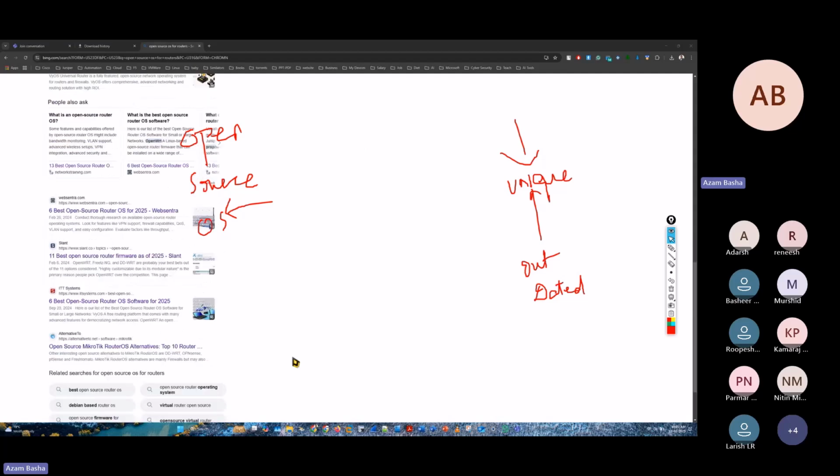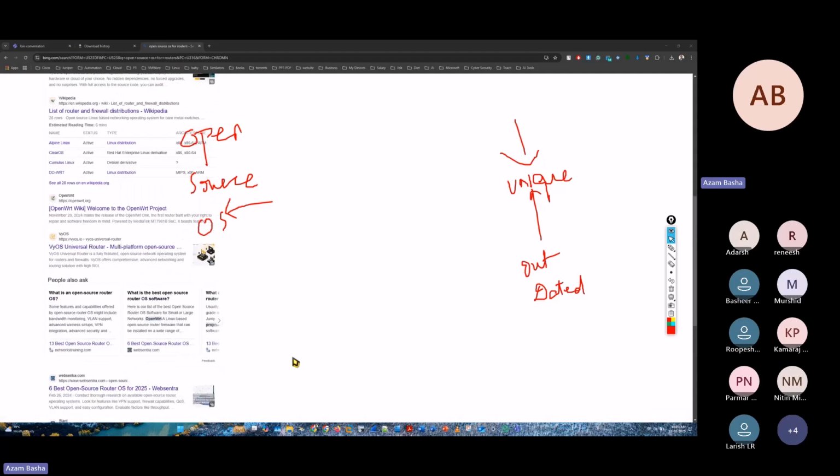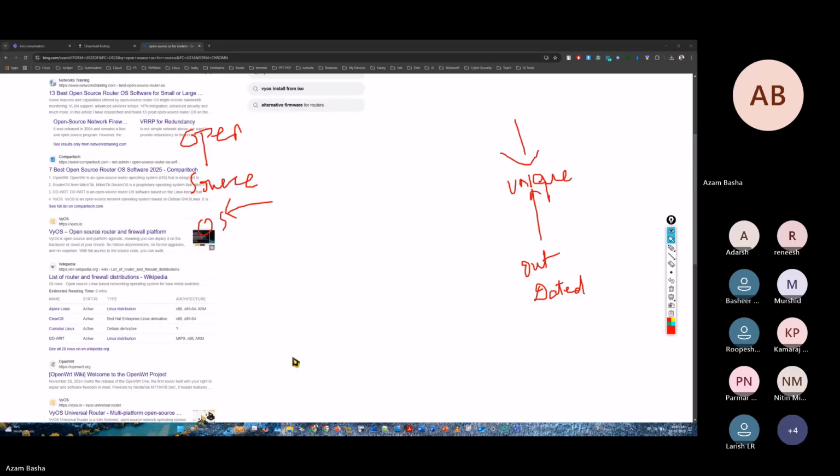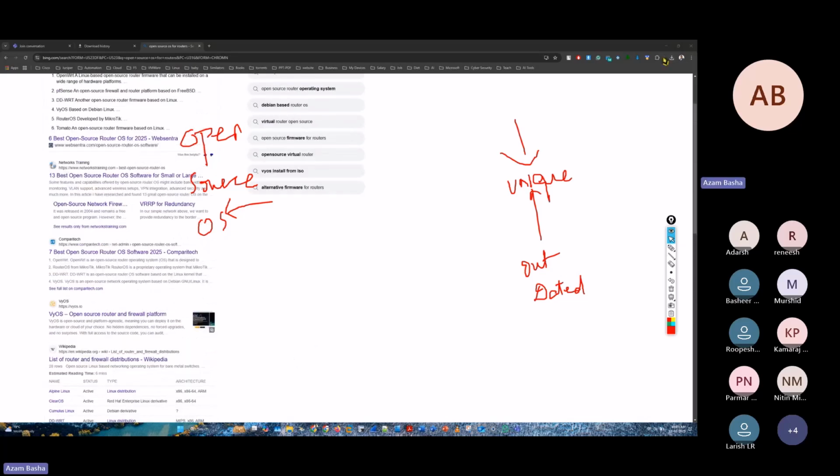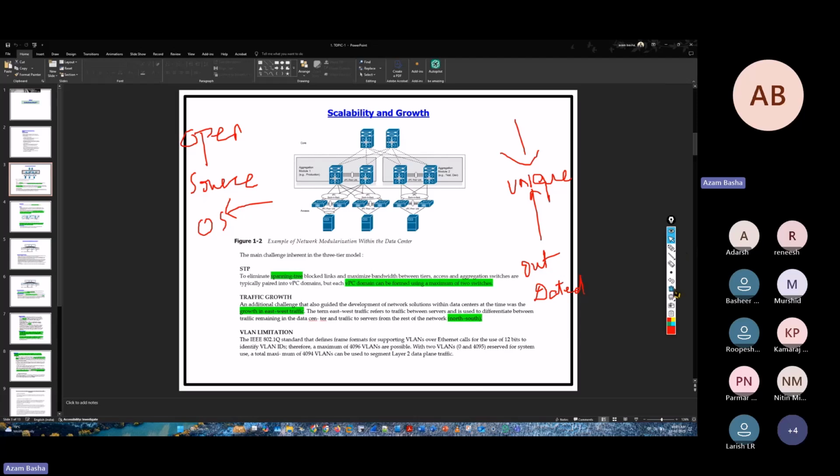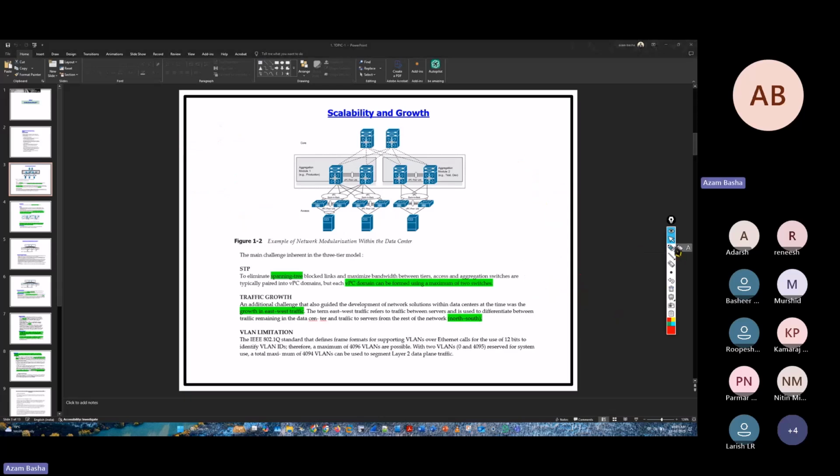So this OS comes for free, absolutely free. IOS XE, IOS XR need licensing, right? Yes. Juniper needs licensing. ACI needs licensing. SD-WAN needs licensing. Everything needs licensing, but this one does not need one. Absolutely free. So people have moved to open source, and that is why